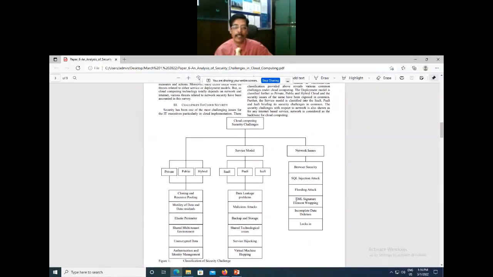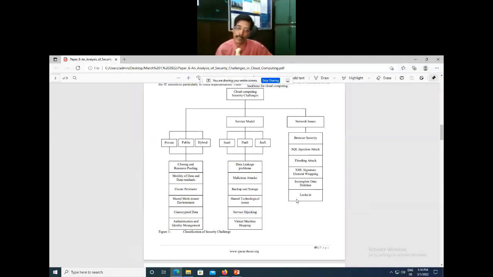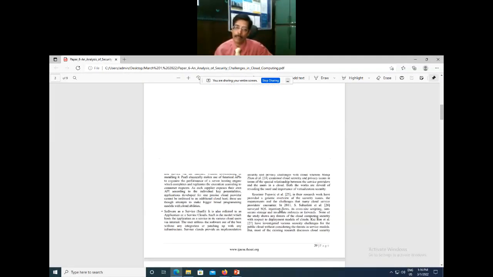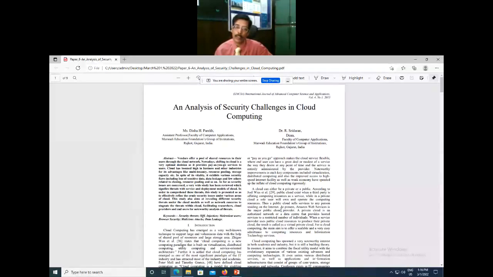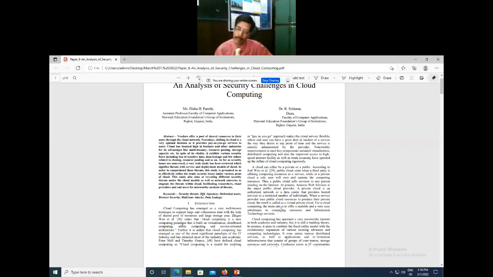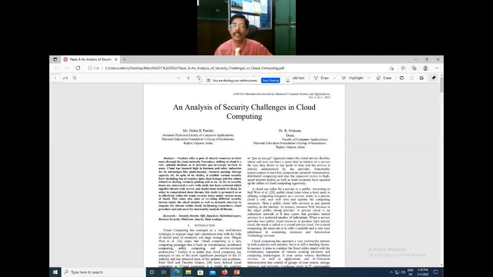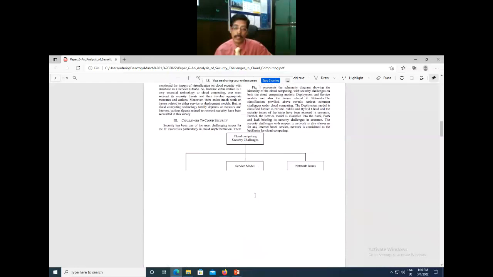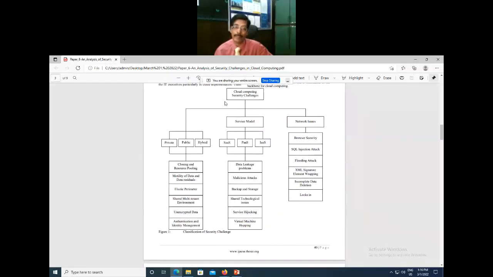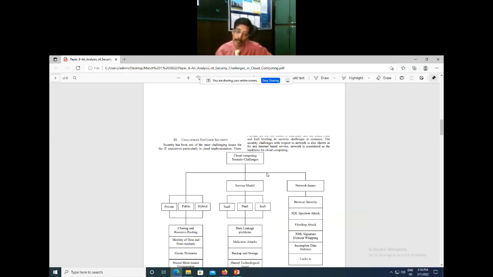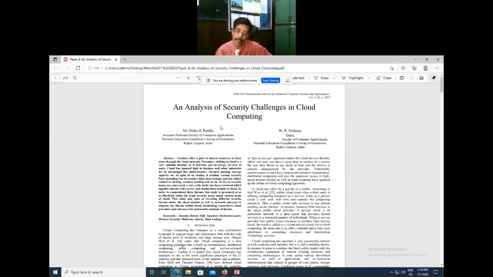This is a survey. This is called a schematic diagram. She has developed it. And read the title of the paper: Analysis of Security Challenges in Cloud Computing. Right? So this was published in 2013. Okay, no problem. This is the schematic diagram of how they have been classified. Security challenges can be classified into these three. Under that, it is like an inverted tree structure I have done. This is a schematic diagram she has obtained, maybe my scholar Disha Parekh has obtained, right?